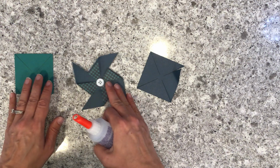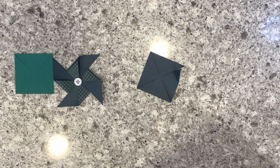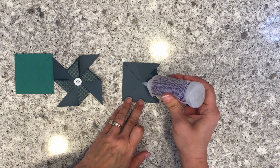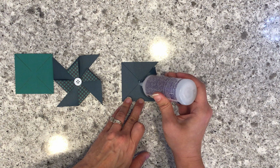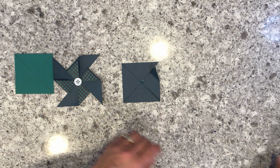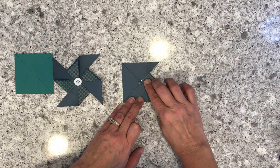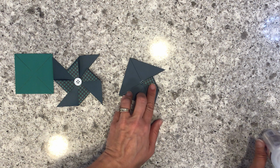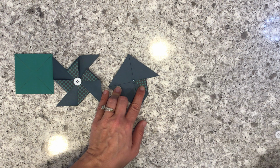But I'll show you the next one using the Beacon's 3-in-1 glue. And it's basically the same technique. I'm going to put a little here in the center, not a lot because you don't want it to spread out too far, but about the size of the button. Hold that down, crease a little bit. See, and this you'll have to hold down a little bit because it takes a little longer to dry. Then I put another little dot on there,